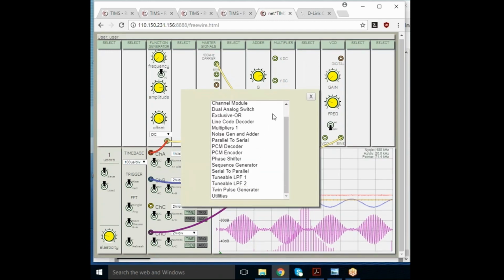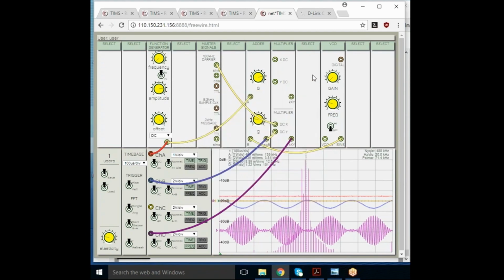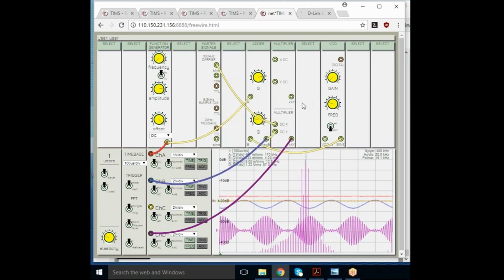So when you have FreeWire in your lab, you have a suite of analog and digital blocks. You have a massive cross-point switch and a 4-channel scope, which allows you to deliver multiple experiments to your students. These can be saved locally or privately, and they can be delivered to students. Students can pull up the experiment that you have made for them and explore it, or they can create the experiments themselves over time. So that is a quick introduction